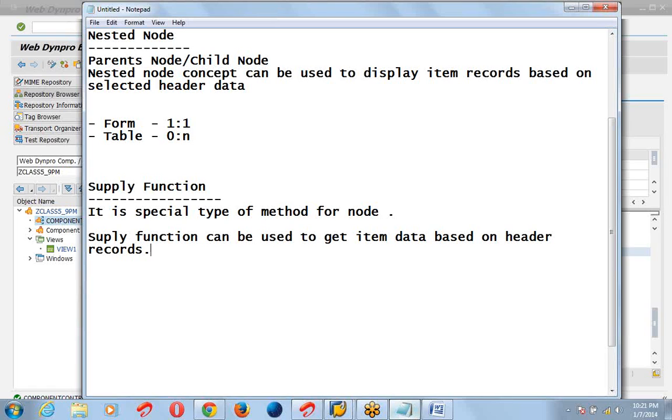The supply function is an important function, and it can be used to get item data or item records based on the header record. So if I want to get the data based on header data, I have to create a supply function at a child node.